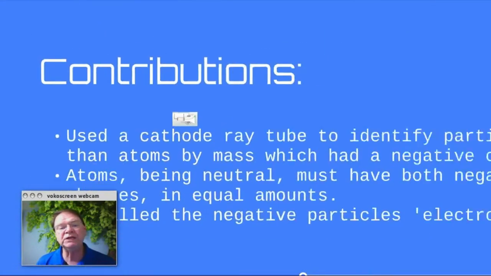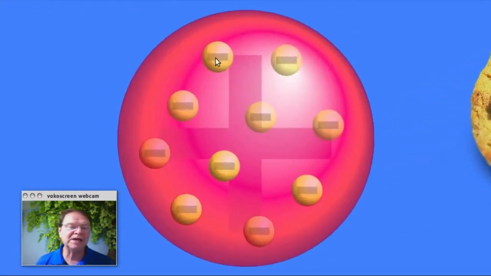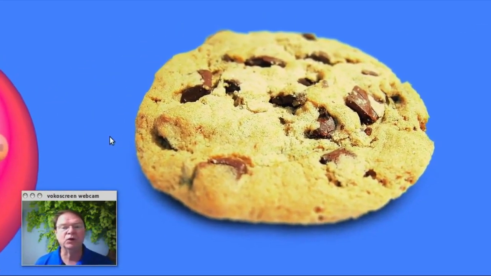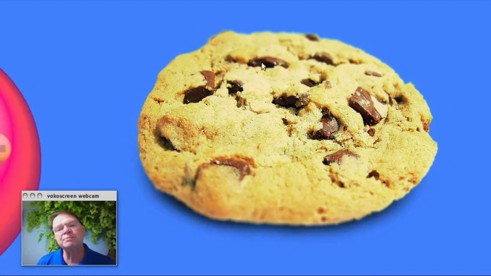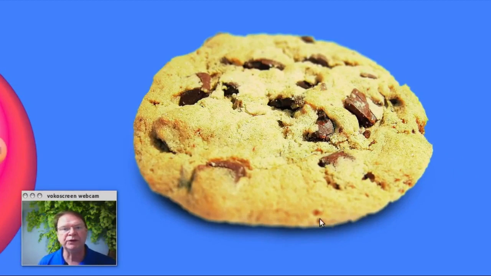And so when you begin to visualize what these little particles are, there's these negatively charged particles, and then somehow they get balanced off in there. He referred to this as a plum pudding. Who eats plum pudding anyway? Well, how about thinking about a chocolate chip cookie? That works for you, doesn't it? So if these chocolate chips are actually representing, that looks good. These chocolate chips actually represent electrons that are surrounded by some positively charged material. That's kind of the idea that he had up until that.